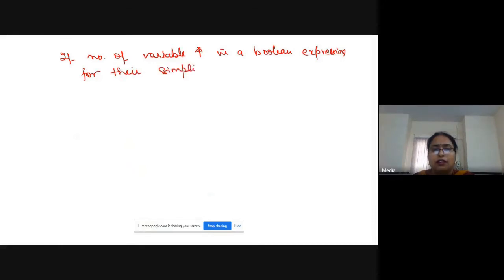If the number of variables increases in a Boolean expression, Boolean laws are not sufficient for their reduction and simplification.